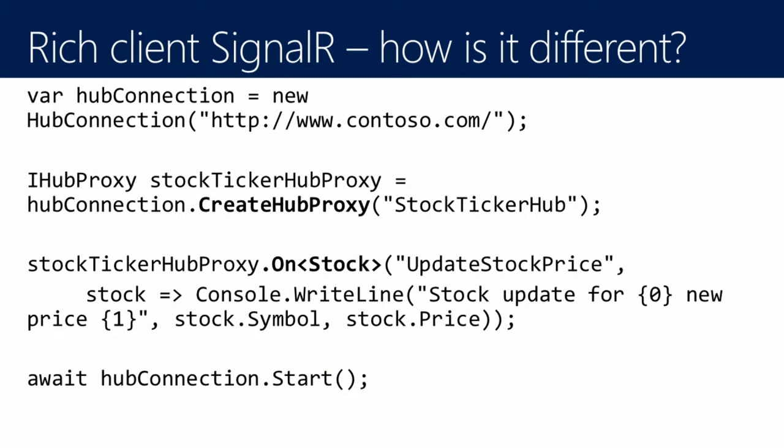I'm just going to post a big blob onto the slide here, but it's not too bad. The one at the top, you've still got that hub connection, and we had that in JavaScript as well. We've still got a hub proxy, which is the second line. And then we can still respond to the events in the same way. Obviously in C# we can have the strongly typed parameter that's going to get passed to your, in this case, Lambda expression, and we give a name to the method that you want to get called.